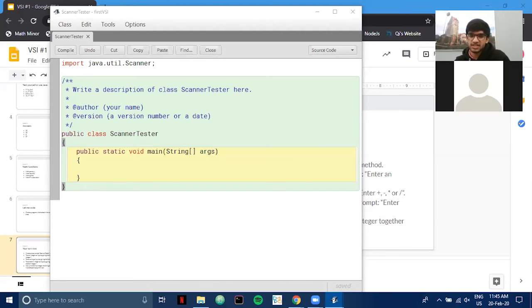An example of a static method is Math.sqrt, which is a static function or method,